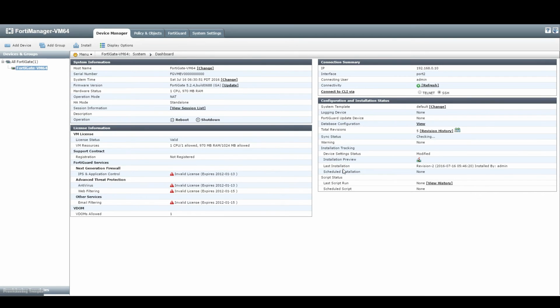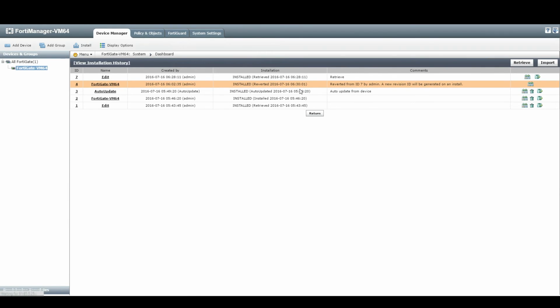So that gives you an idea essentially of the revision history, which is accessed under the device manager, within the device, and under the configuration and installation status section. Clicking on revision history takes you back there. It gives you an overview of what's going on. You can retrieve configs, import configs, revert back to configs. You can view the installations that were done previously,